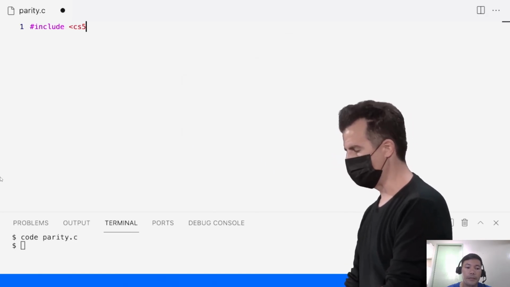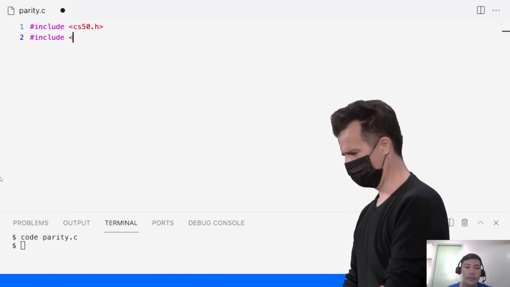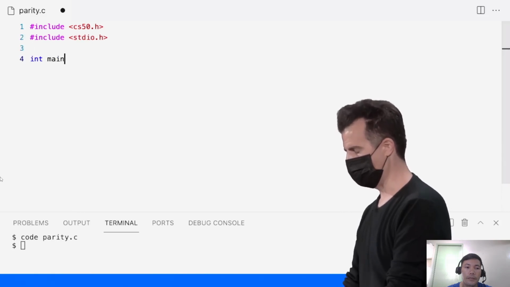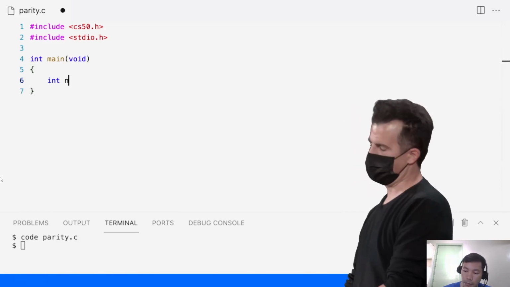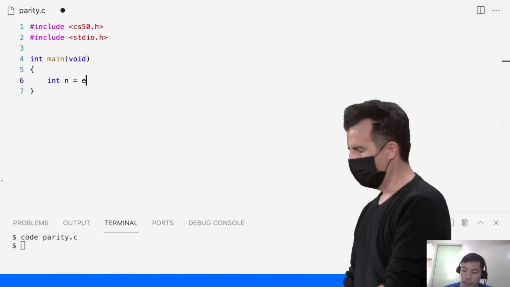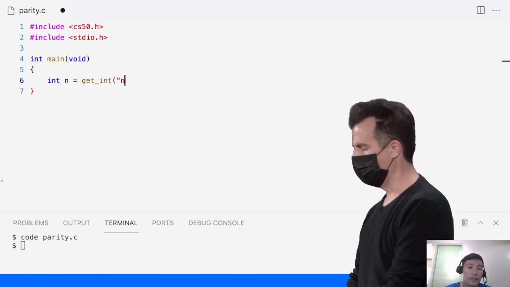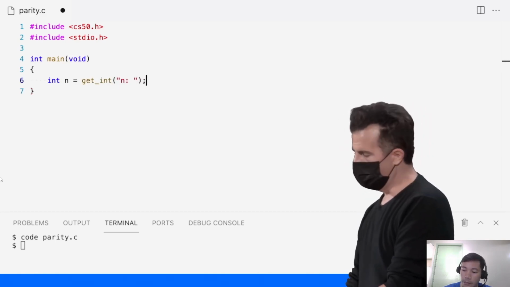And let me go ahead and include cs50.h, include stdio.h, int main(void). Again, more on those down the road. But for now, I'm going to go ahead and get a number, n, from the user by calling get_int and asking them for whatever n is. And then